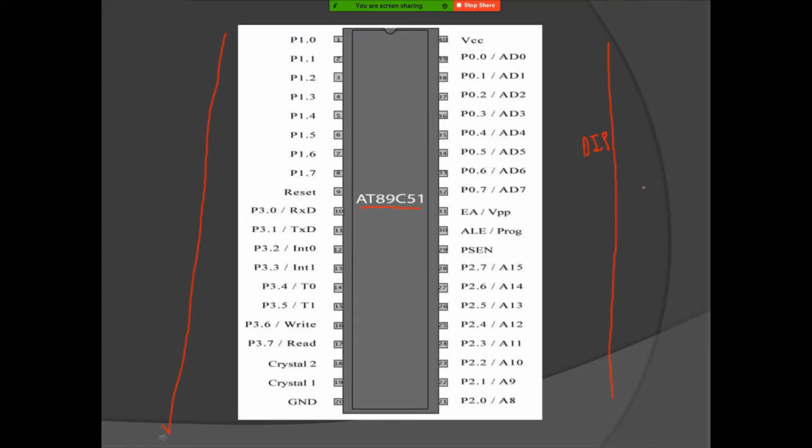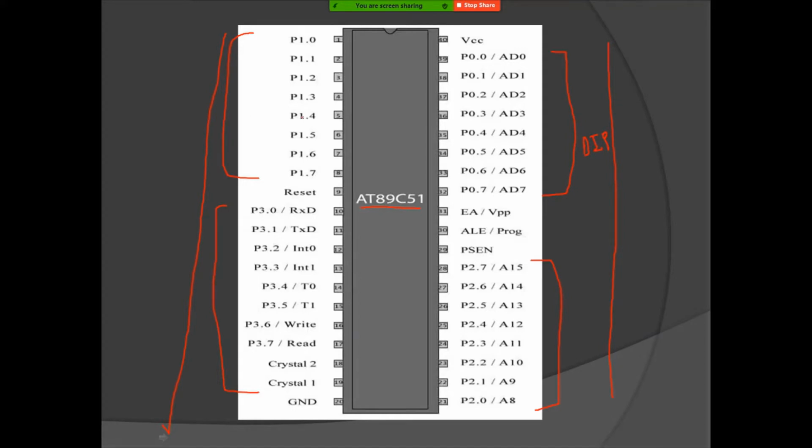Basically there are four ports: port 0, which is P0, then P1, P2, and P3. So there are four ports to the 89C51, or simply 8051.